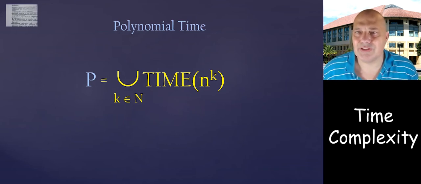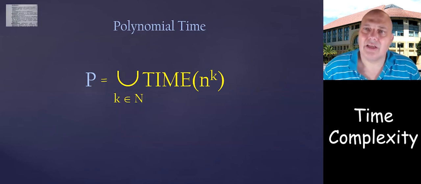Yes, people would tell you n to the 100 is not efficient, or even 2 to the 100 times n, which is linear, is still not efficient. It's not that we don't know all of it. We know all of it. But this has been a very, very useful notion that helped us discuss a lot of important questions in their